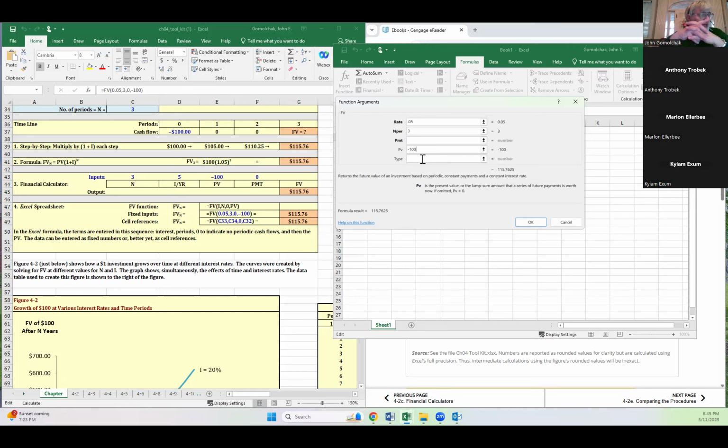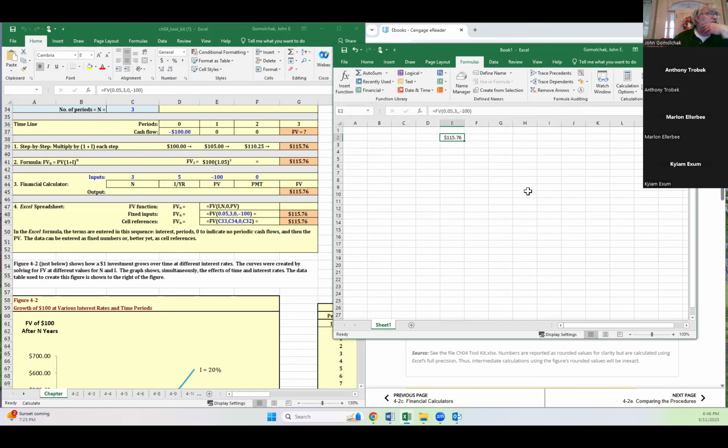This is not going to be a 1, so we can just leave it blank. I just hit calculate. So $115.76 is exactly how it got calculated